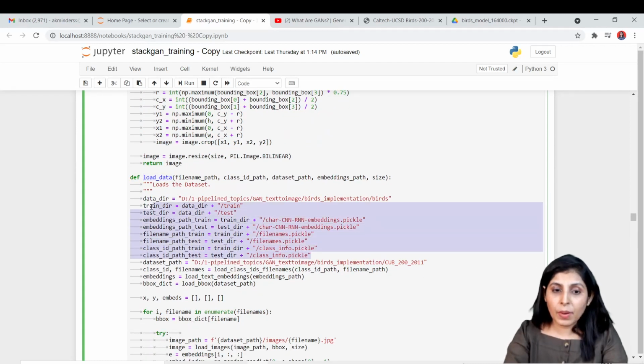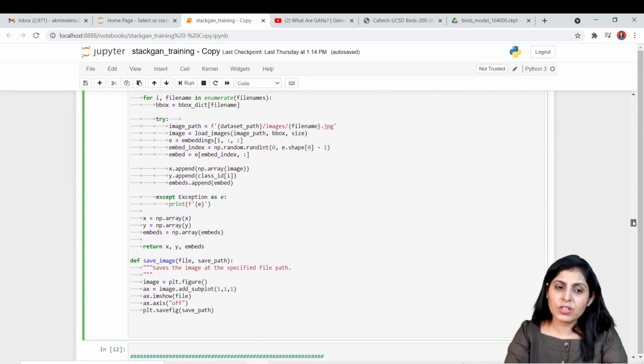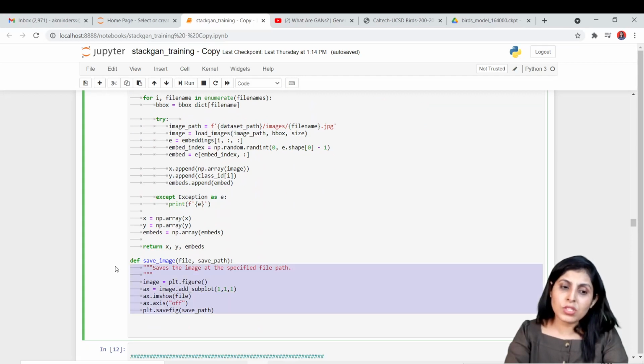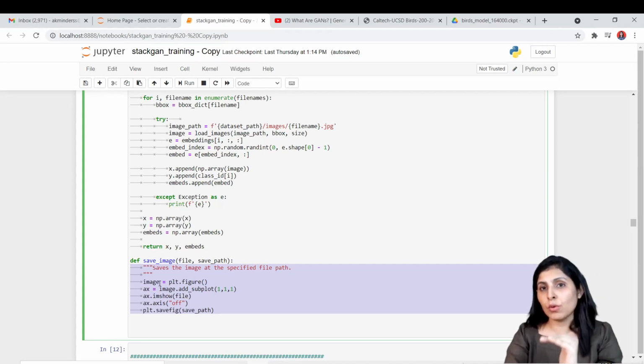These are the different paths where we have our data set, right? So these functions are very basic functions. We are just loading our data set, and this function is responsible for saving your generated images in your results_stage_2 folder, which I told you in the very beginning that you have to create 3 folders, right? So you have one folder with the name of test, and you have one folder with the name of